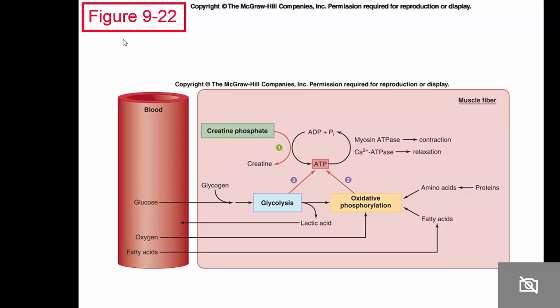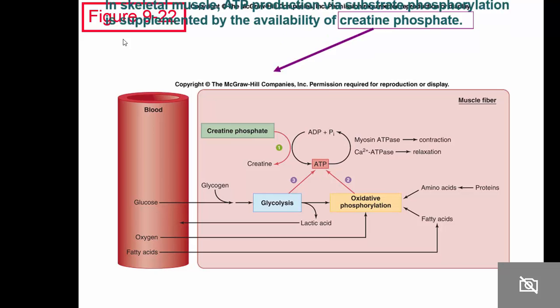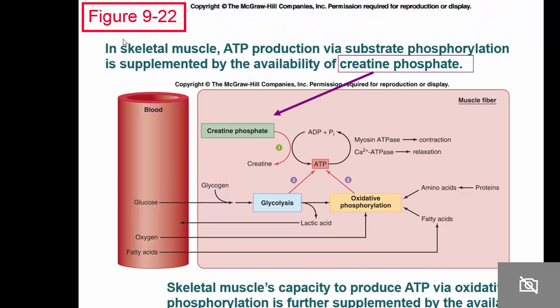Okay, 3 energy systems. This one, 10 seconds or less. This one, you're talking about an activity that only lasts a couple of minutes. This one is half hour, 45 minutes, a couple of hours, so in time length. So creatine phosphate, glycolysis is number 2. The glycolysis, Krebs cycle, oxidative phosphorylation is number 3. Okay? Does that make sense to everybody? That's important. Now, why am I telling you all this? Well,